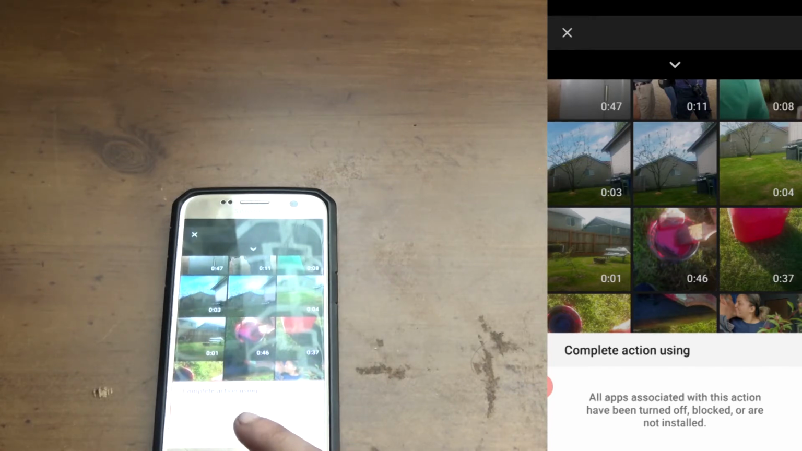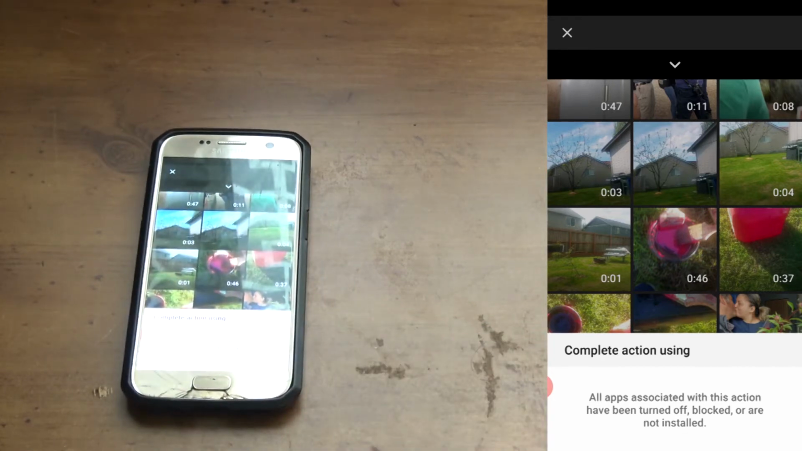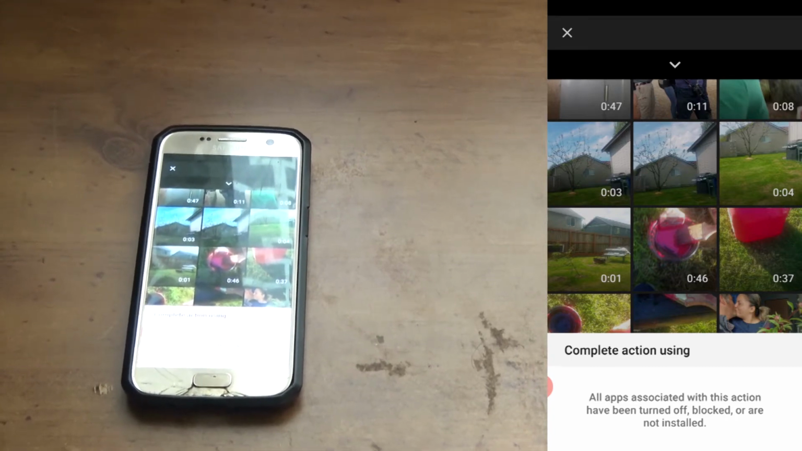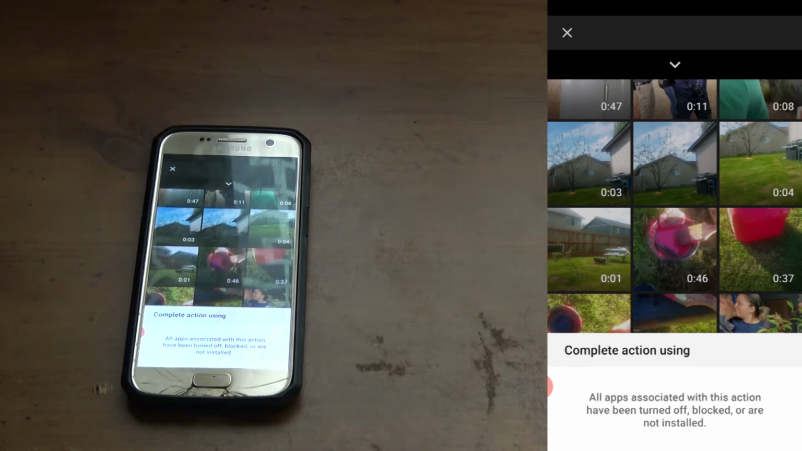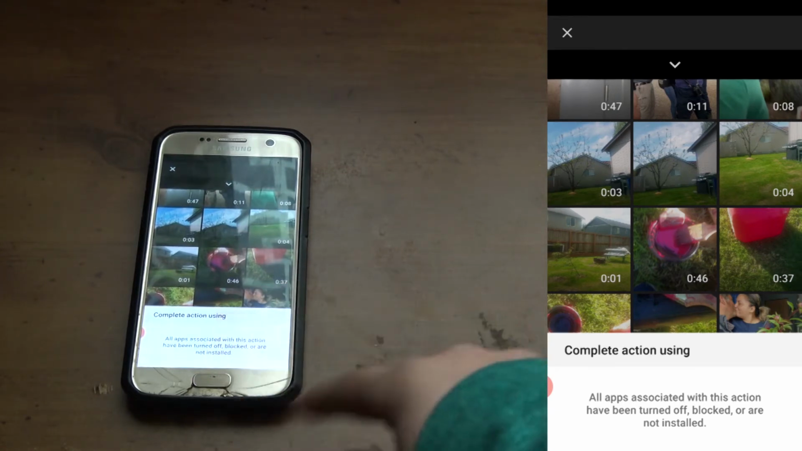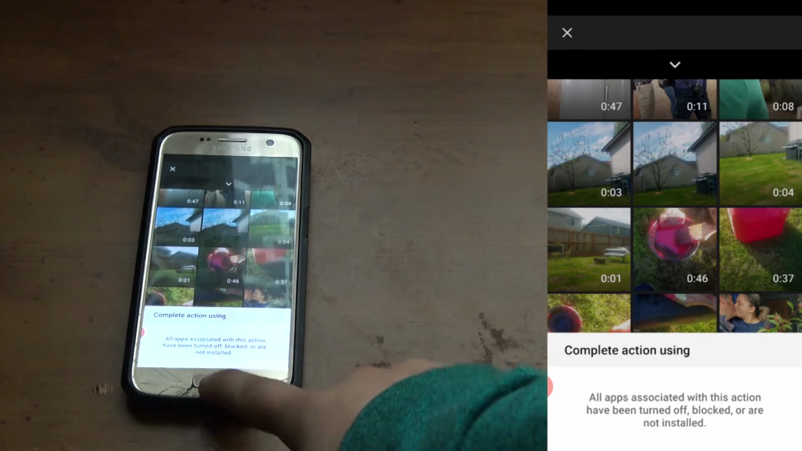all apps associated with this action have been turned off or blocked or not installed. I'm going to show you how you can fix that problem right there. I'm going to show you how you can fix the problem when it says complete action using when it brings up this menu. So what you want to do first is head over to your gallery on